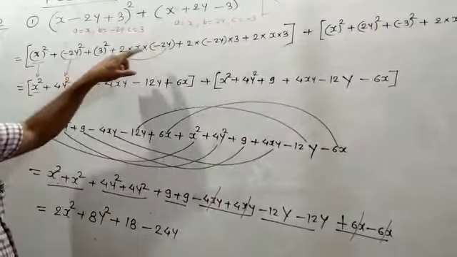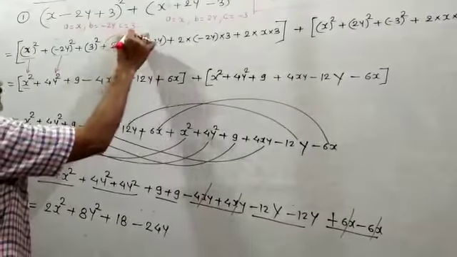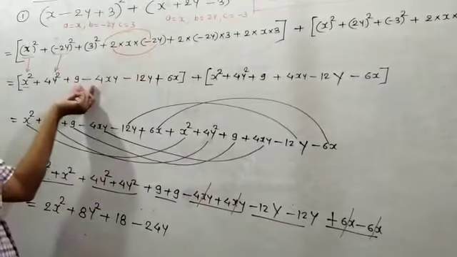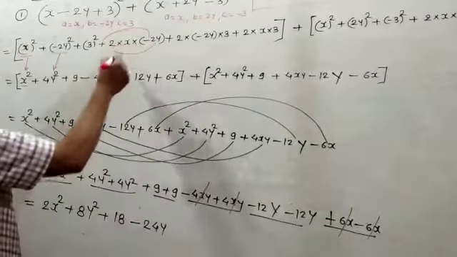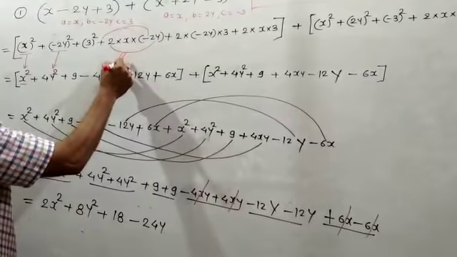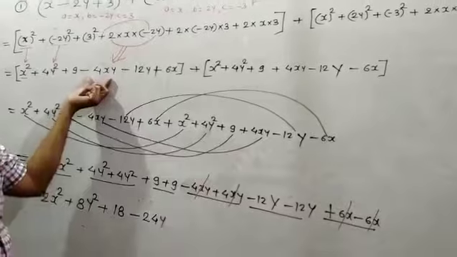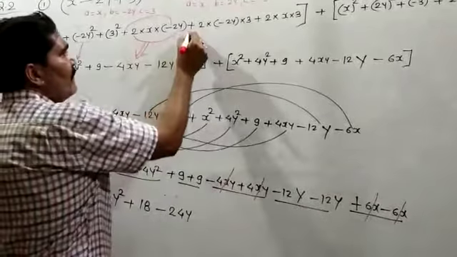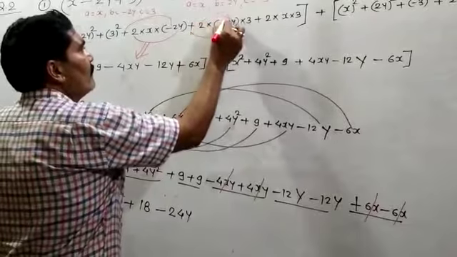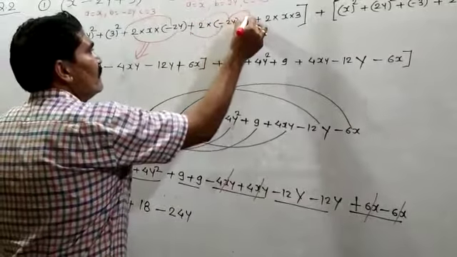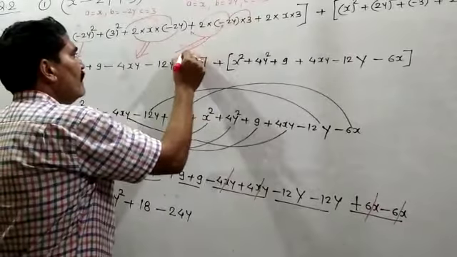Now you have to do the product of the numeric terms. Here plus multiplied by minus is equal to minus. So 2 2s are 4, x multiplied by y is xy, means this product will come here: -4xy. Again plus multiplied by minus is equal to minus, and 2 2s are 4, and 4 3s are 12. Means this will come: -12y.